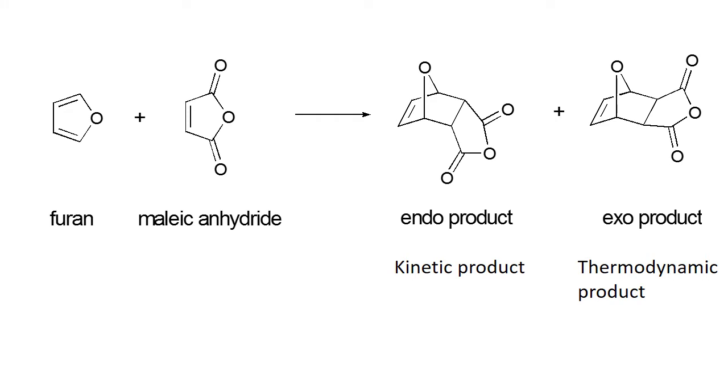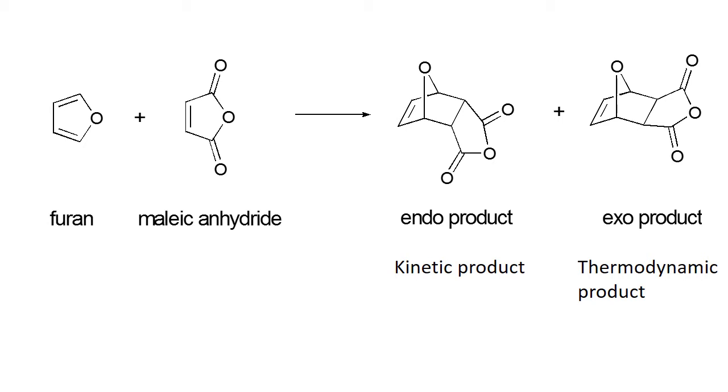Here's the specific reaction that we're going to perform. We're going to mix furan as our conjugated diene with maleic anhydride. Furan is a cyclic conjugated diene. Whenever you have a cyclic conjugated diene, you're going to wind up with a bridged product and two possible isomers